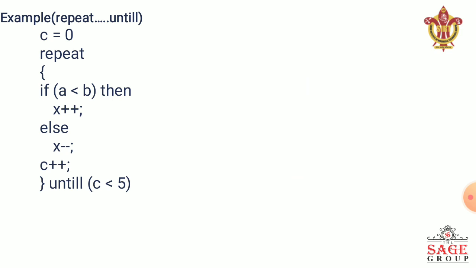Now we have another loop, just the opposite of do while, which is repeat until. In repeat until, while the condition is false, we execute our statements, our loop part, and when the condition becomes true, we come out of the loop and connect to the remaining portion. So for this